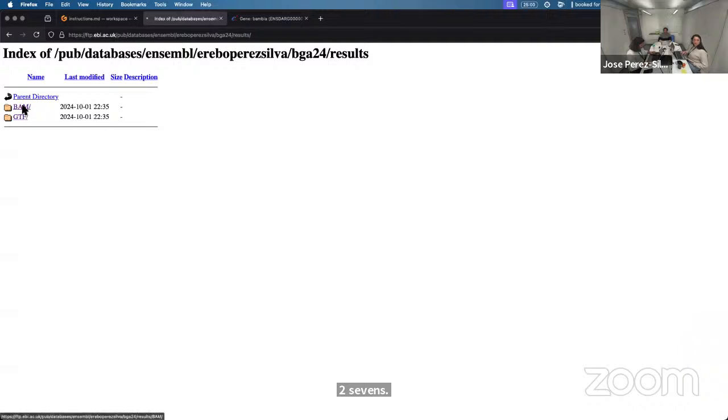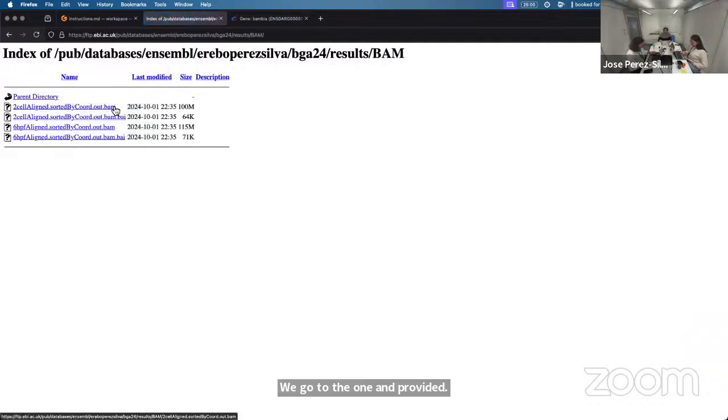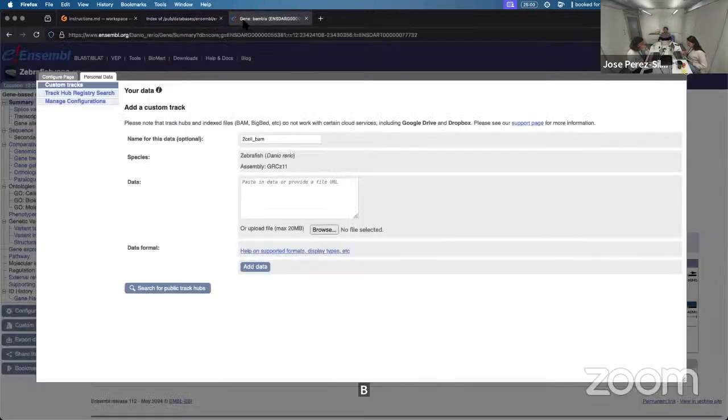We go to the one I provided. BAM, 2 cells. And you copy the BAM one, not the BAI. Okay, this is the index I was telling you before. Now, the magic of